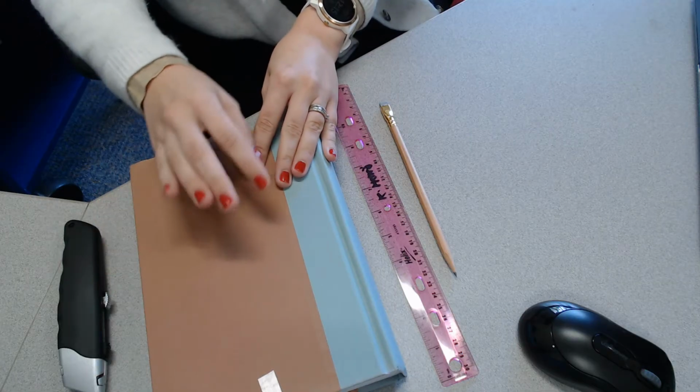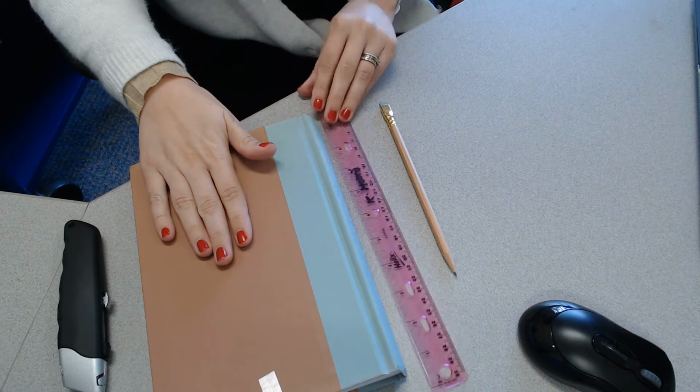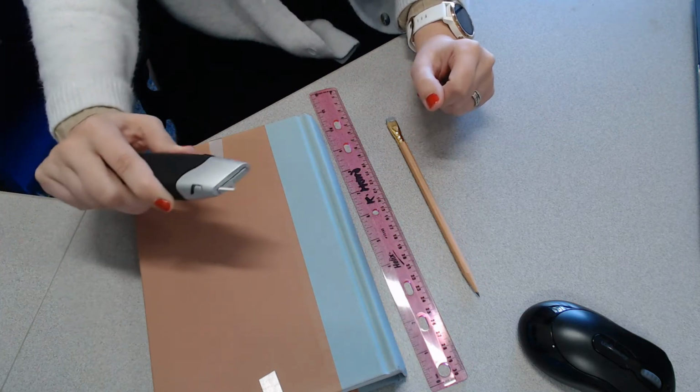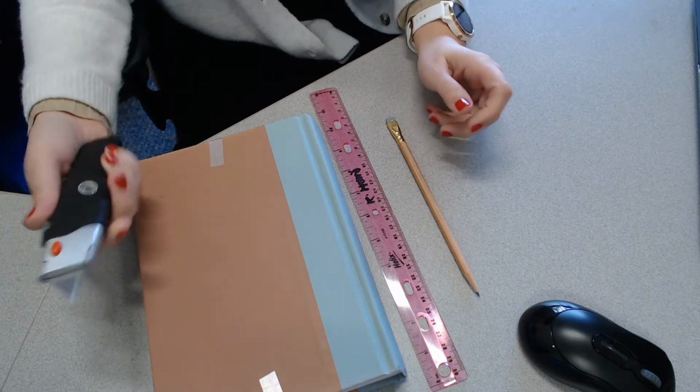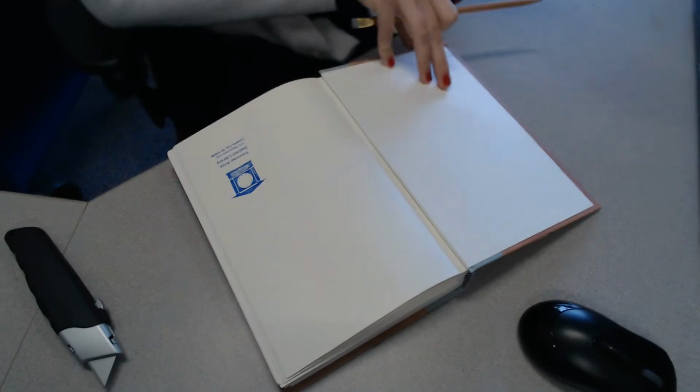To make a book turkey, you'll need a book, which we have provided for you, a ruler, a pencil, and an X-Acto knife or a blade of some kind. So we're going to go ahead and open our book,